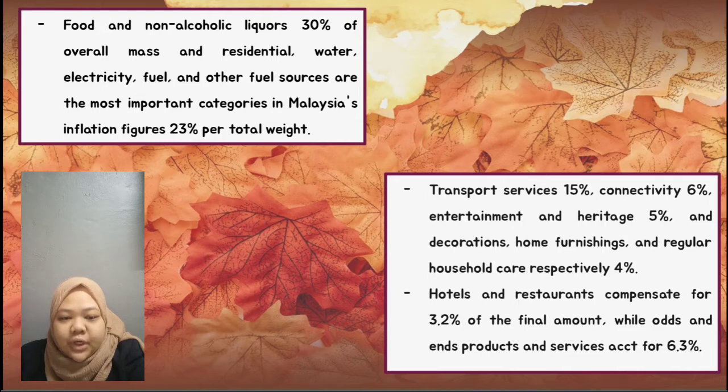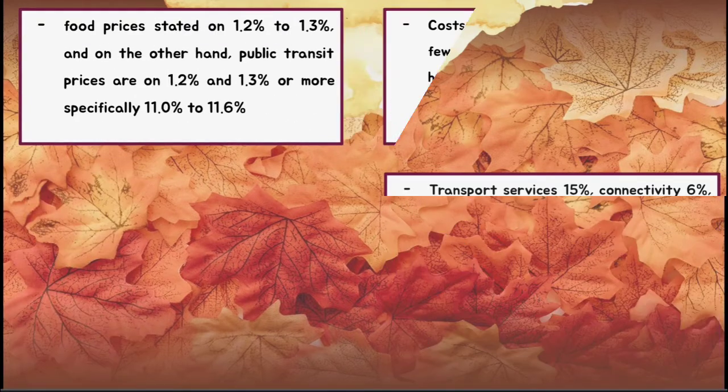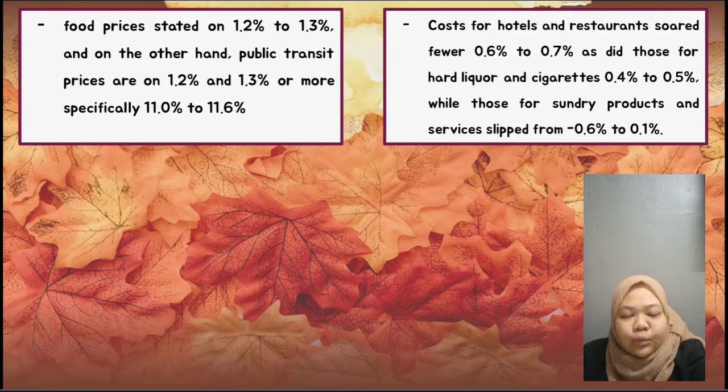Malaysia's core inflation dropped to a 5-month low of 2% in August 2021, down from 2.2% in the previous month and below the market expectations of 2.2%, potentially due to a downturn in property prices from 0.6% to 0.7%. Meanwhile, food prices stayed on 1.2% to 1.3%, and on the other hand, public transit prices are on 1.2% and 1.3%, or more specifically